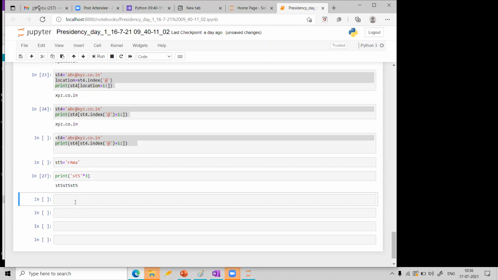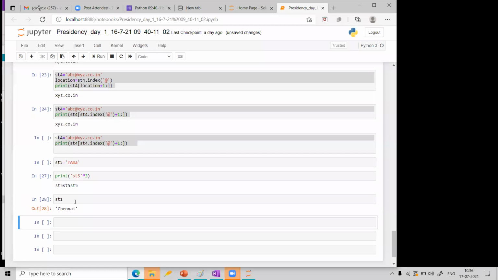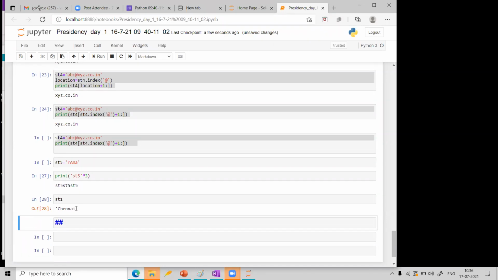Now let us see some more things. For example, I want to find, suppose I have like this. Let me see st1, and let me see what is there in st2.